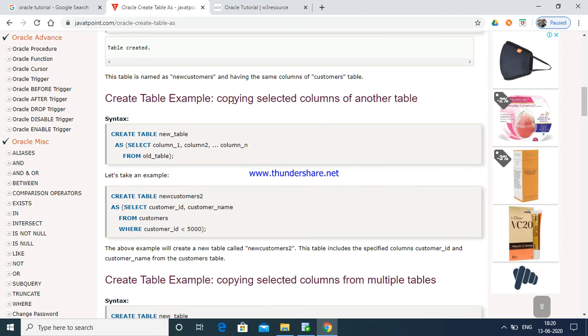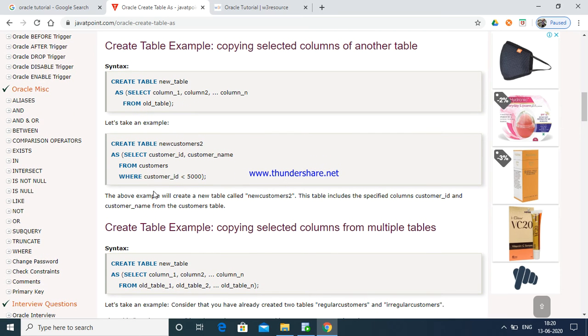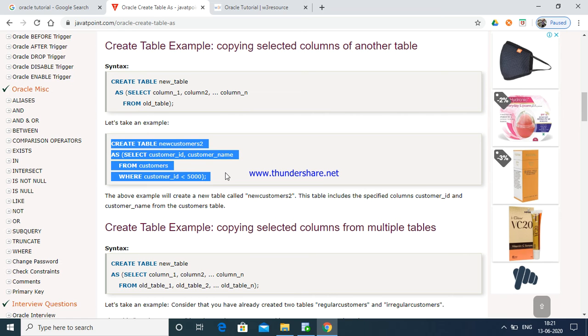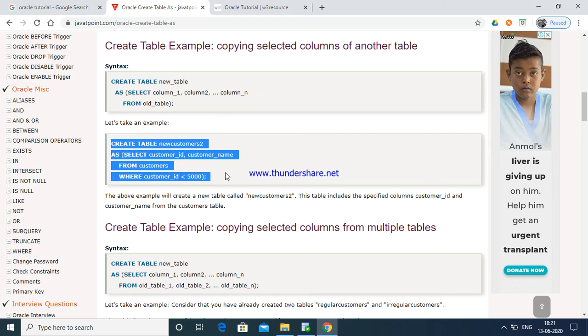Same way, copying selected columns from other tables. This is a new customer ID and customer ID. Copying selected columns from another table. Now this is another as statement. We are copying 2 columns, not 3 columns, just 2 columns only.